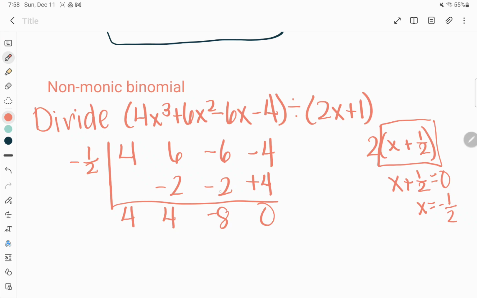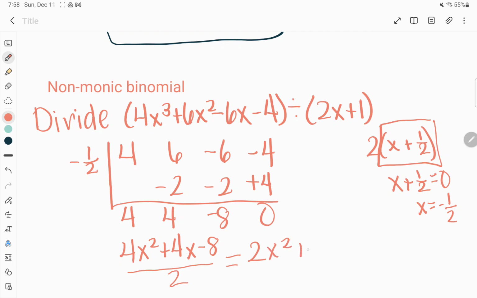Now, you'll notice here that I have 4, 4, 8. Well, this is really saying that my answer 4x squared plus 4x minus 8 is what I get when I divide it not by 2x plus 1, but by x plus 1/2. So to get my final answer, I have to divide all of these by 2, and that's going to give me